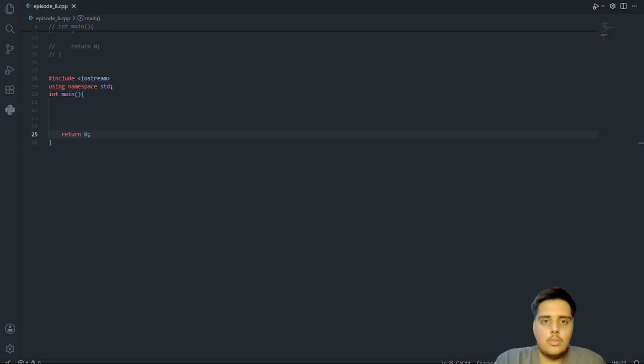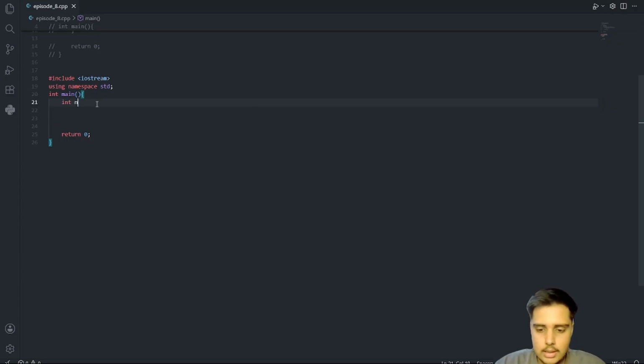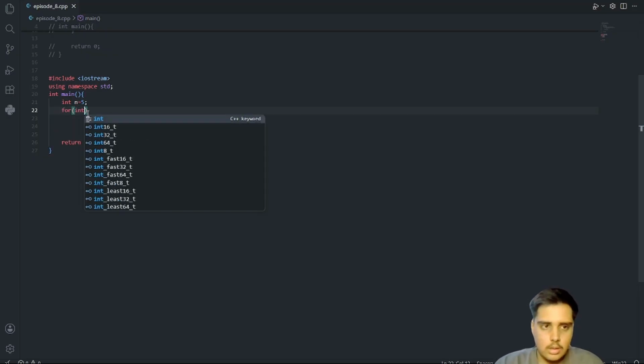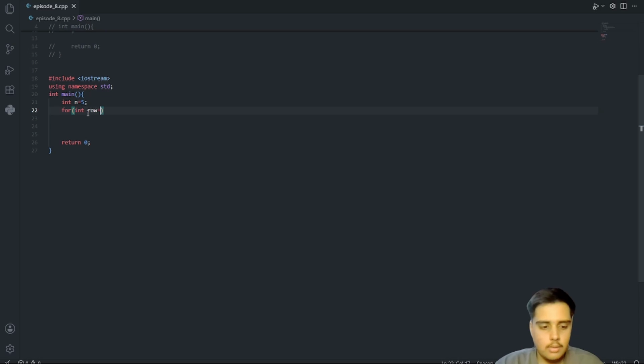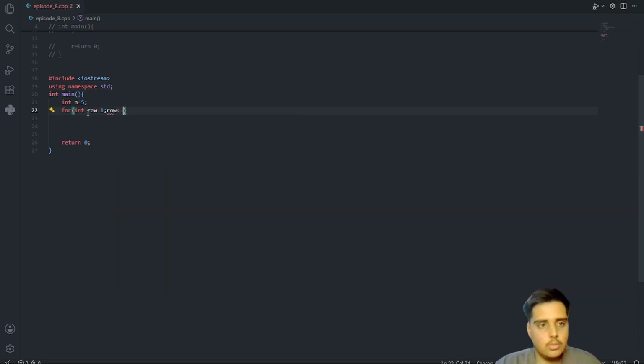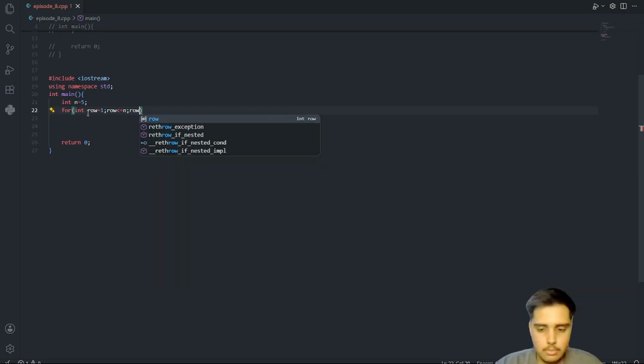And now for the question I will say int n is equal to 5. Let's say the hollow rectangle is for 5 rows and 5 columns. So let me say for int row equal to 1, row less than equal to n, row plus plus.